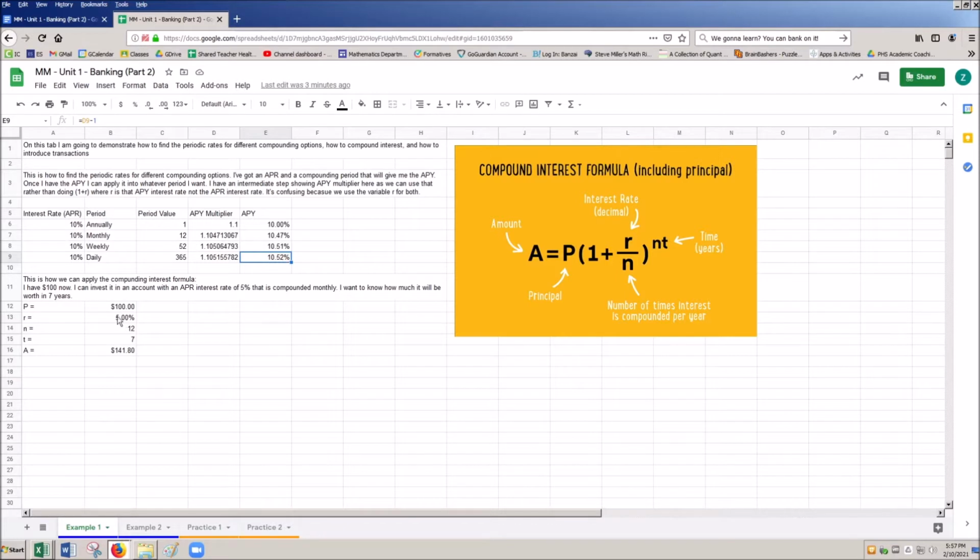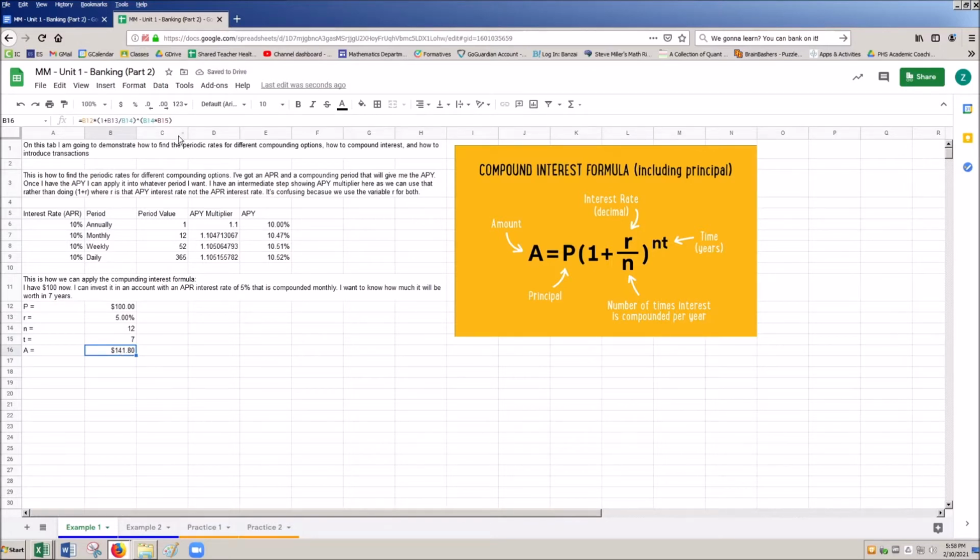So now let's look at how we can change the actual number of years in this. So here I have an example of I have $100 now. I'm going to invest it into an account, has 5% APR, and it's compounding monthly. So basically I want to fill in all these values. P is 100. My R is 5%. My N is 12 for monthly, and then T is 7 for 7 years. I want to know how much it will be worth in 7 years. If I change this to, let's say, 17 years, I see this value change here